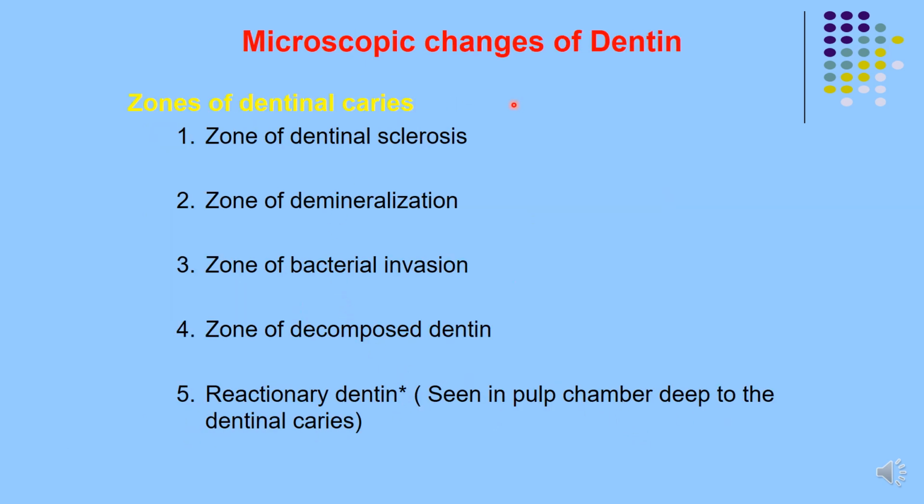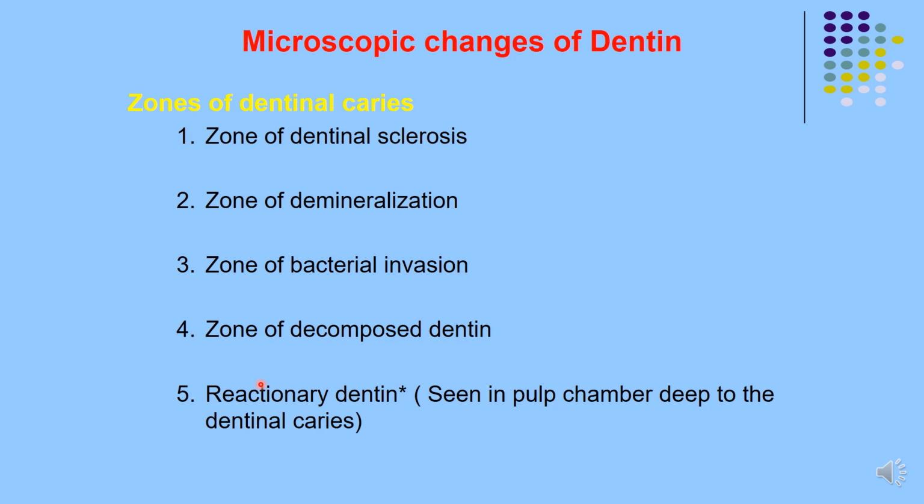The microscopic changes of the dentine are broadly described as five zones. Number 1 is the zone of dentinal sclerosis. Number 2 is the zone of demineralization. Number 3 is the zone of bacterial invasion, and number 4 is the zone of decomposed dentine. This is based on number 1 being the advancing front of the caries lesion. A fifth layer, seen in the pulp chamber deep to the dentinal caries, is called the reactionary dentine, which we have seen